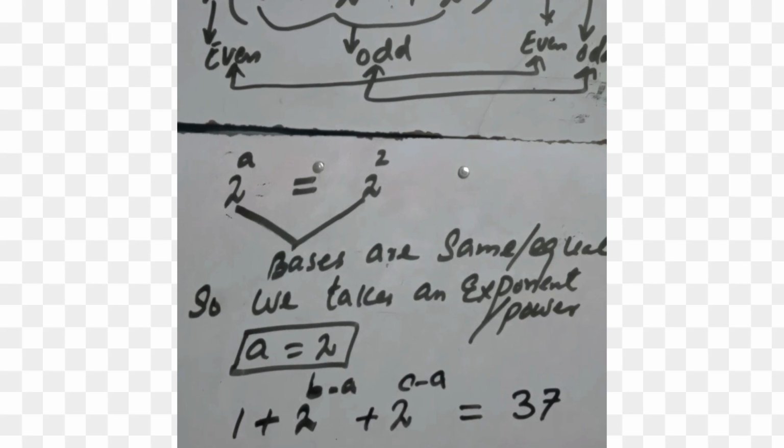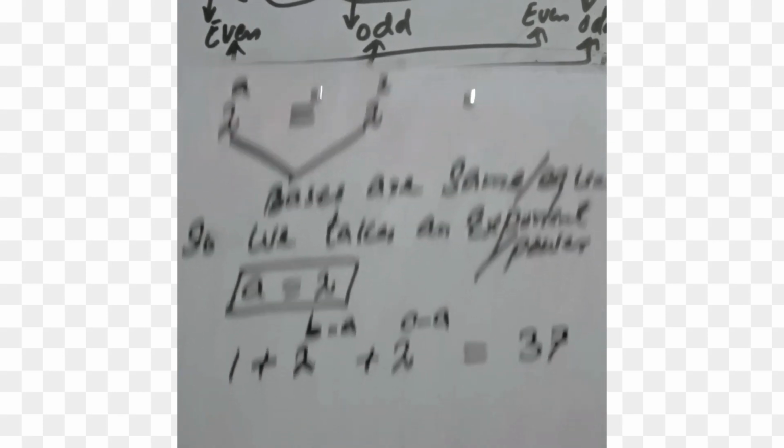plus 2 exponent of b minus a, and plus 2 exponent of c minus a is equal to 37. The odd number is compared to the odd number. Now we have already found the value of